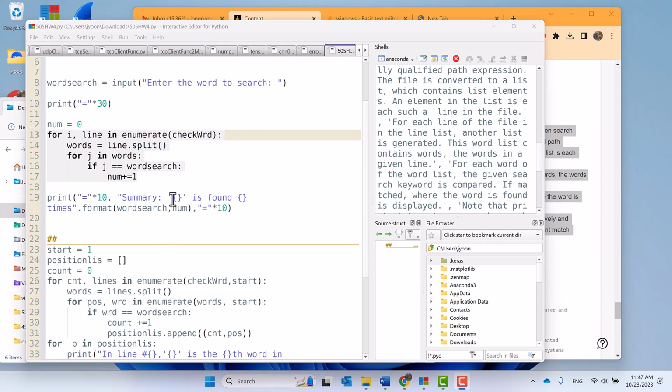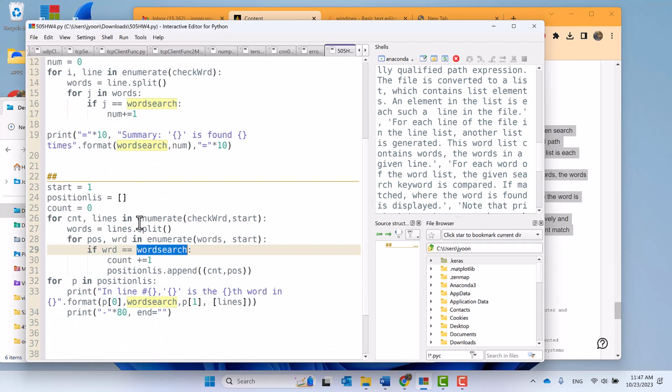All right, so anyway, search the keyword. Where is it? Yeah, this word search. One time here and another time here, right? That student ran two for loops. You don't need to do that. Another way that you could do is, as you do this, you can